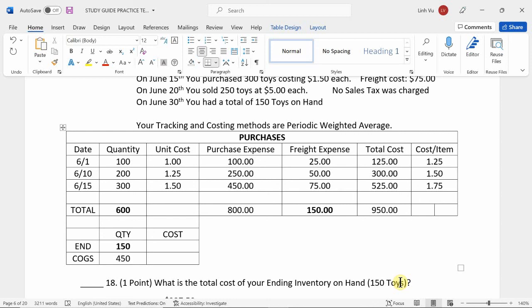So what's my average cost per item? $1.5833. Good. So then I can solve either my ending balance or my cost of goods sold. 450 times $1.583333 gives me